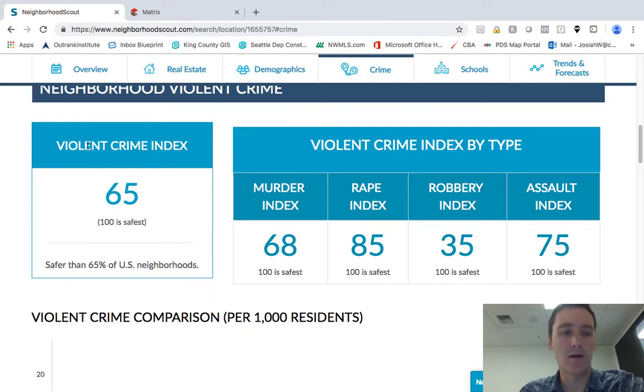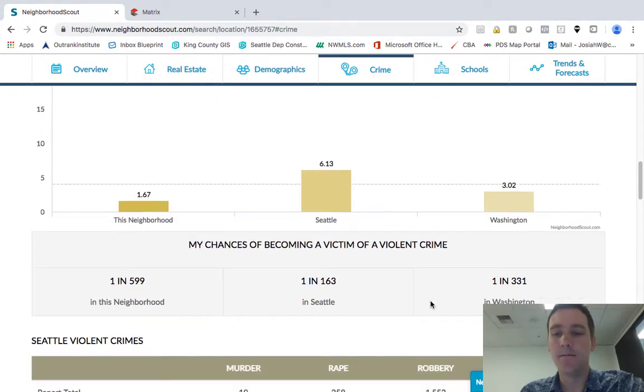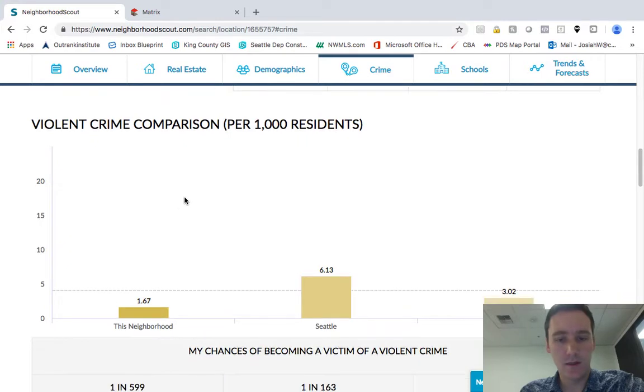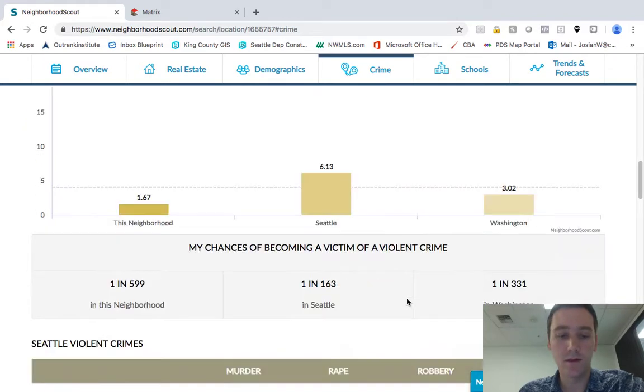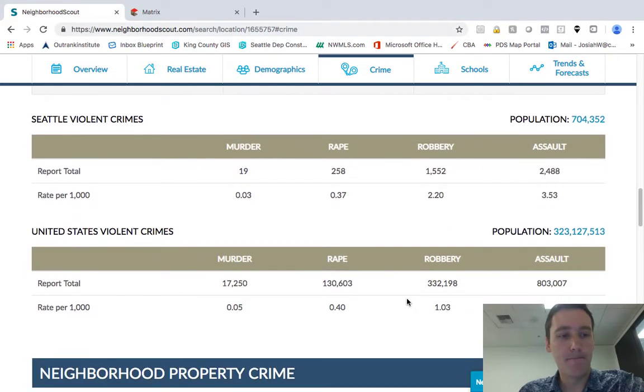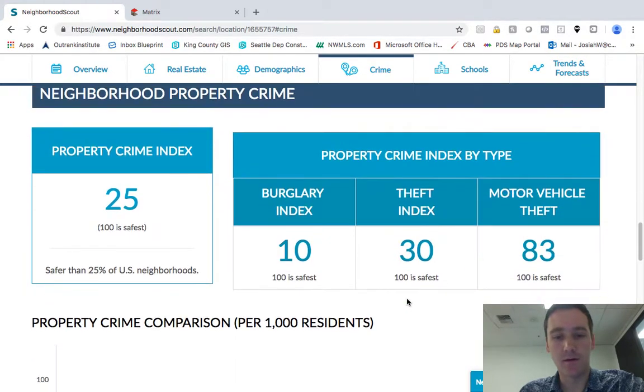So as you scroll down, you look at violent crime, it's like 65 out of 100. So it's safer than 65% of U.S. neighborhoods, basically. Murder index, rape index, robbery index, assault index. Shows you Seattle versus this neighborhood. So violent crime is way lower than the average in Seattle, and even lower than the average in Washington. So that's cool. But yeah, so then property crime, there's a lot of property crime in this